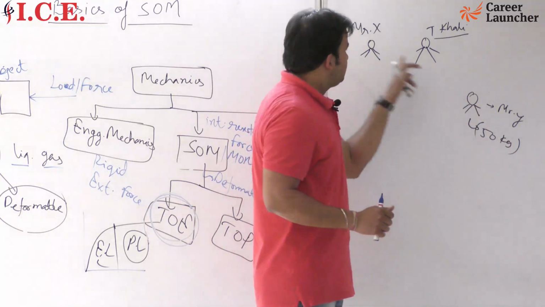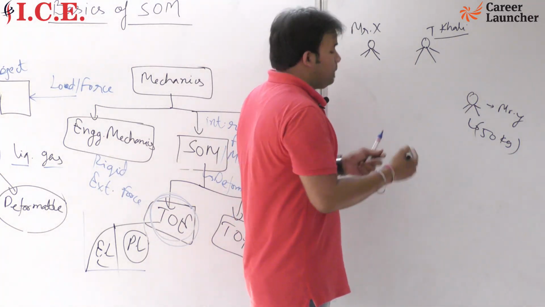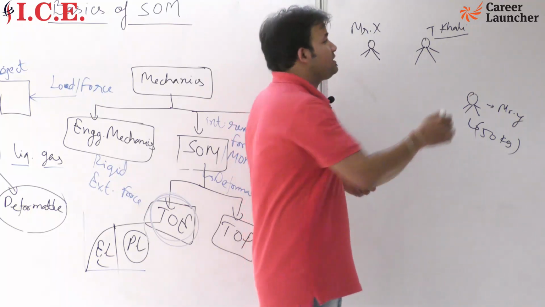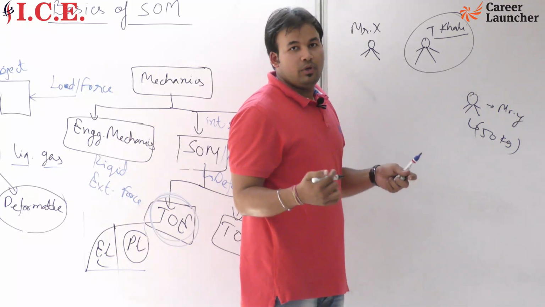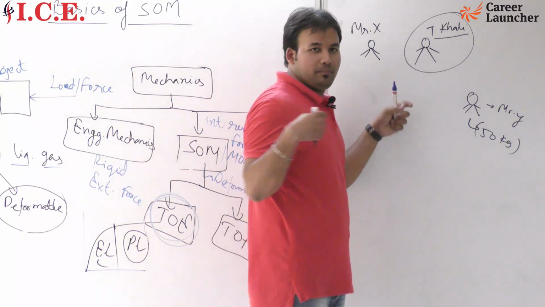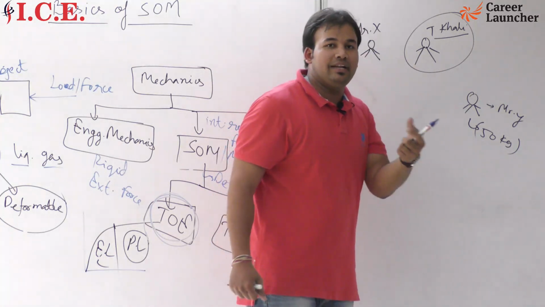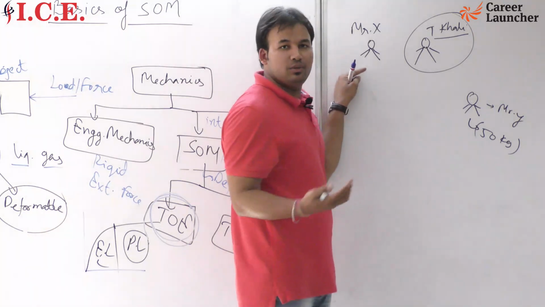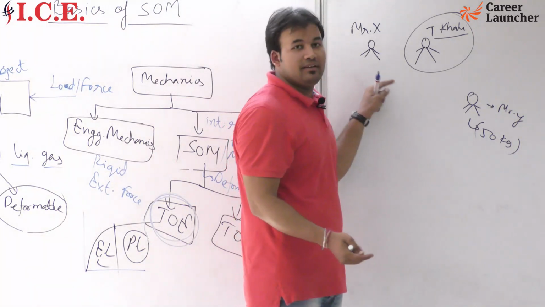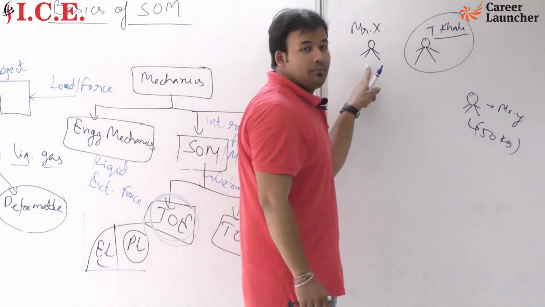Y will punch to both, in that condition we can't know the internal resisting capacity of the Khali. If a 50 kg person punches Mr. Khali, what is his internal resisting capacity, that we can't know. But for Mr. X we can easily know what will be the internal resisting capacity of Mr. X. So if the object will be deformable,